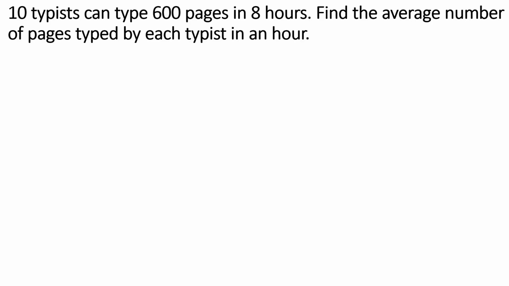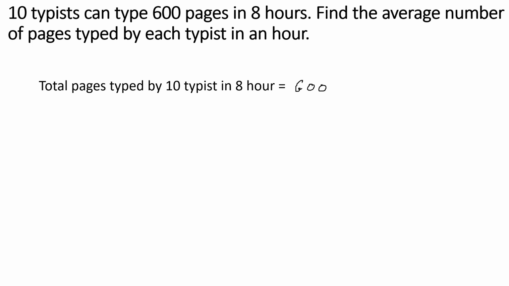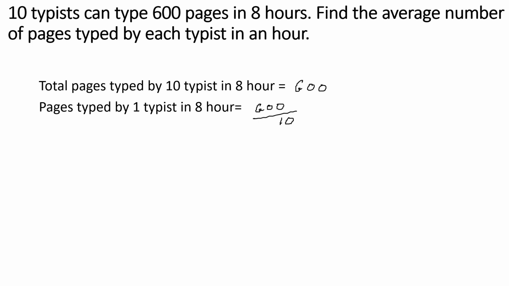Ten typists can type 600 pages in 8 hours. Find the average number of pages typed by each typist in an hour. So what is given? Total pages typed by 10 typists in 8 hours is 600. So pages typed by one typist in 8 hours will be 600 divided by 10, because 10 typists are given,